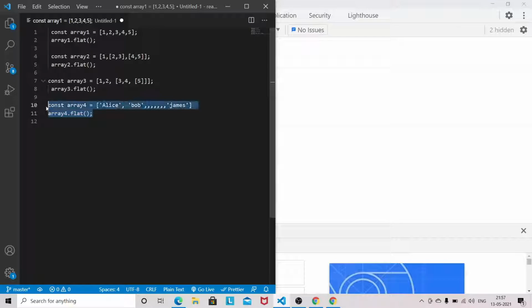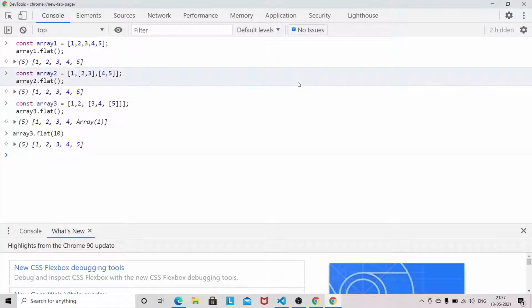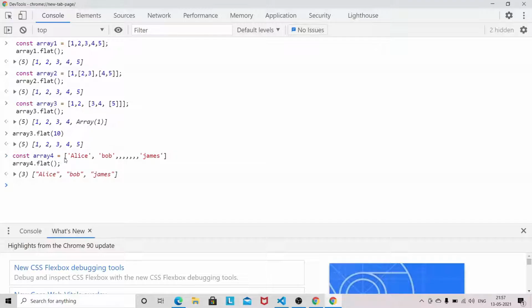You can do something like this also, so we are able to remove the unnecessary commas from the array. This is also another example of the flat method.